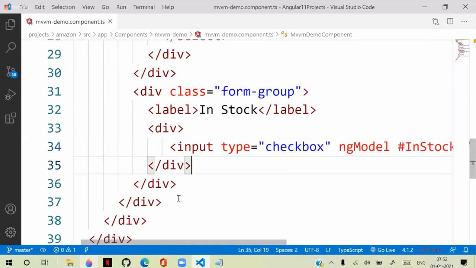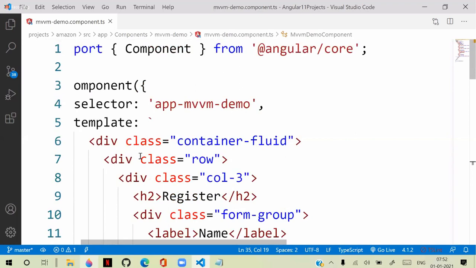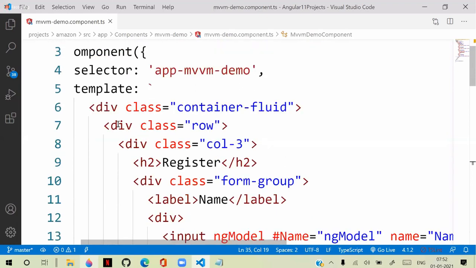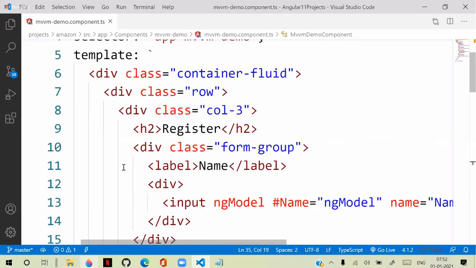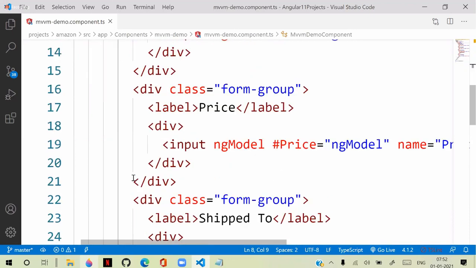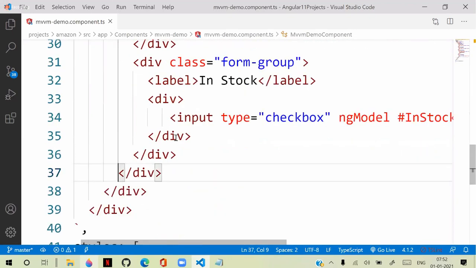Same, but only one simple thing is here. Everything is configured in the UI only. The declaration of the values, configuration of the values, everything in the UI. Now I will create another column here. So div.